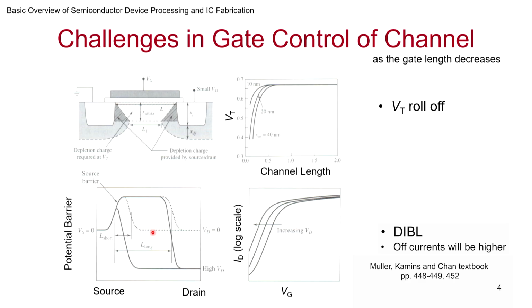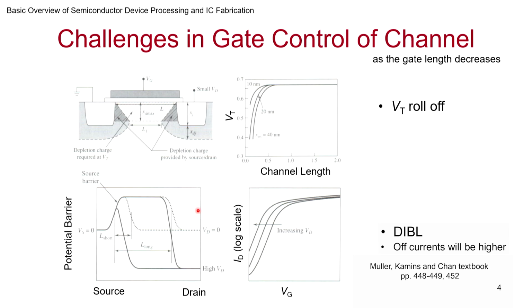But let us look at what happens when the channel becomes small. When the channel becomes small, the potential on the drain and the channel will be interacting. So the potential barrier looks something like this. Instead of being a plateau like this, it will look like a small hillock. Now, this is for drain bias 0. But as soon as drain bias goes high, you find that this comes down. So what do you find? The barrier for the electron is shortened.